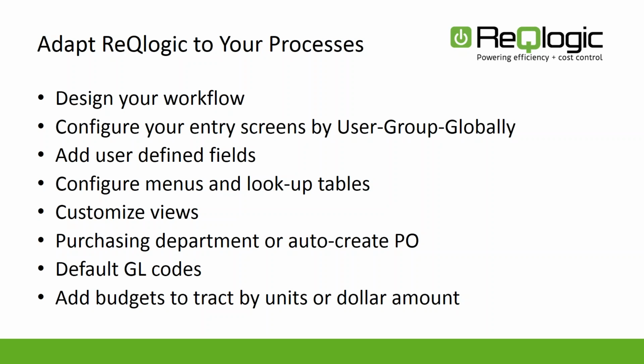And they really don't need to know anything about GL codes. So we want to default those in. We can default in that GL code lookup for anyone based upon the code group. So for instance, most people who are entering usually see only the expense categories, and you only want them to see the expense categories that are applicable to their department. So every time someone goes in and they purchase something, we can default that GL code to